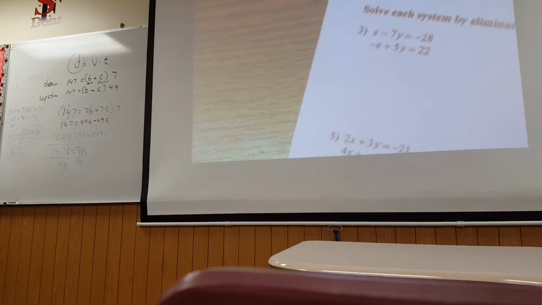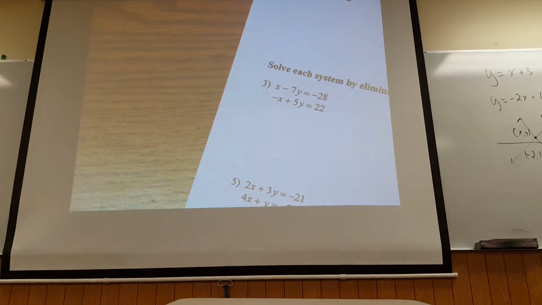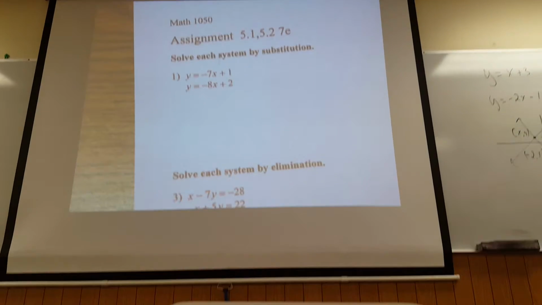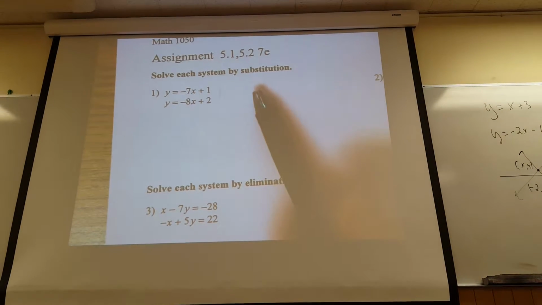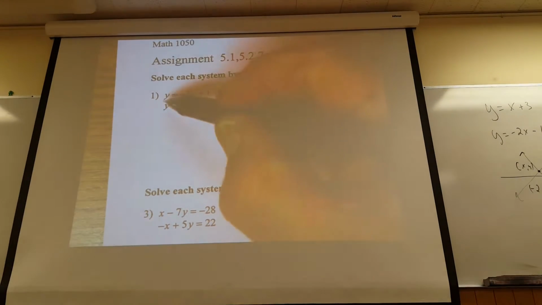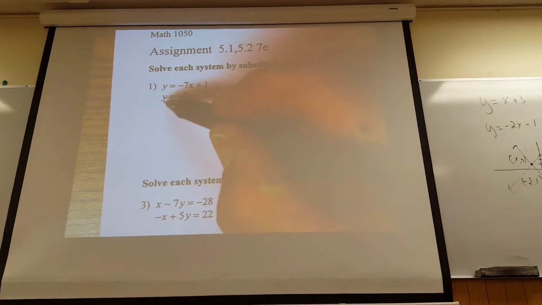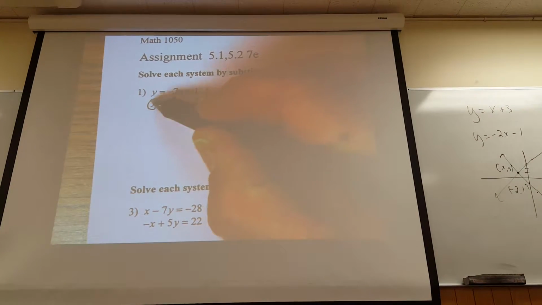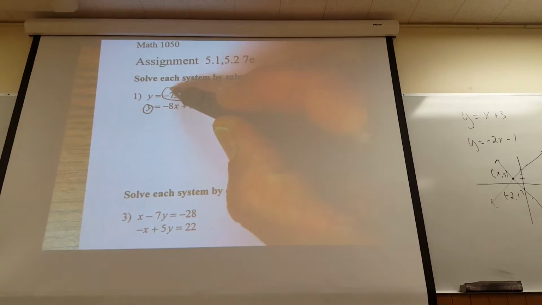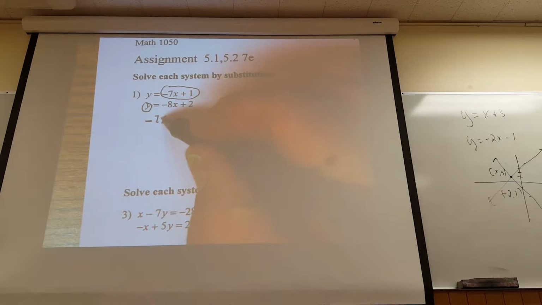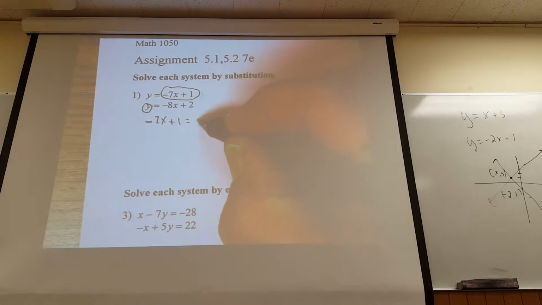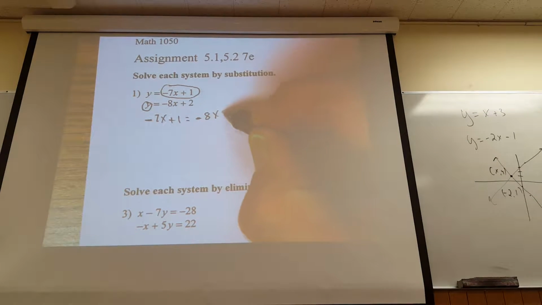Number 1 and 2 are sort of set up that way, and most of the time we're going to do elimination, but there's a section Wednesday that you have to use substitution. Now since they're both solved for y, we replace this y with negative 7x plus 1. So negative 7x plus 1 equals negative 8x plus